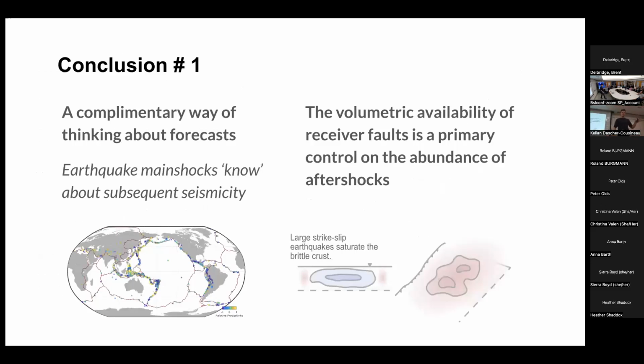So I'm going to conclude the first part of my talk by pointing out that there's this complementary way of thinking about forecasting, not in terms of what the nearest earthquake is, but rather what is the most similar earthquake somewhere else in the world. I think this is a really important and valuable approach to improving earthquake forecasts. And I think we can also do some science here. We can start understanding the primary effects that influence how earthquakes communicate to each other, like how does stress communicate through the crust? And it seems that a space problem is one of the key factors in understanding how earthquakes sequence.